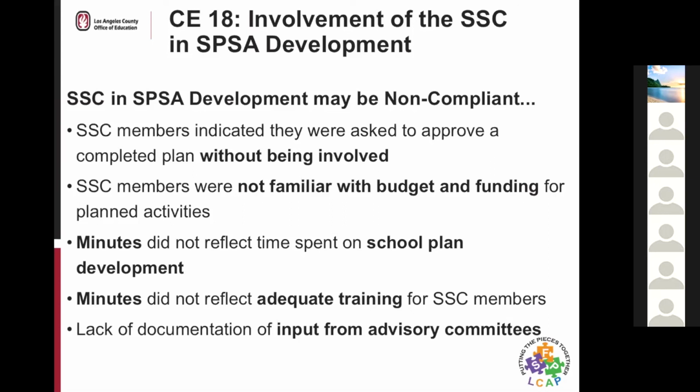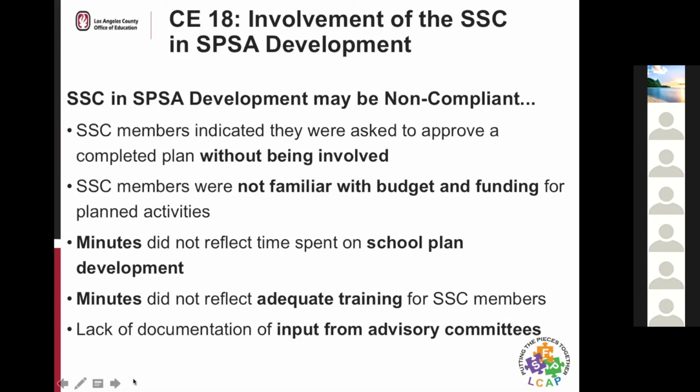And then also, a finding in this CE18 might come from a lack of documentation of input from the advisory committee. So if there is nothing formalized about the ELAC and any other advisory committee that is giving input, this could be a finding in CE18 during an FPM review.